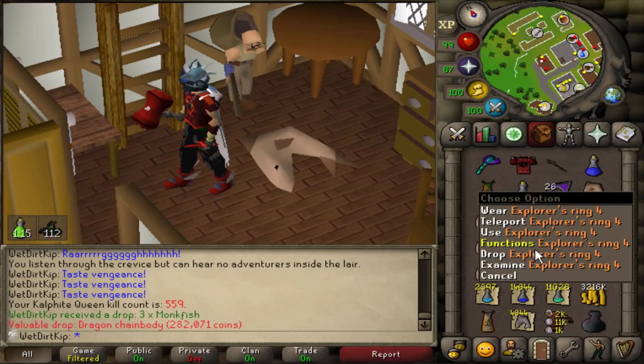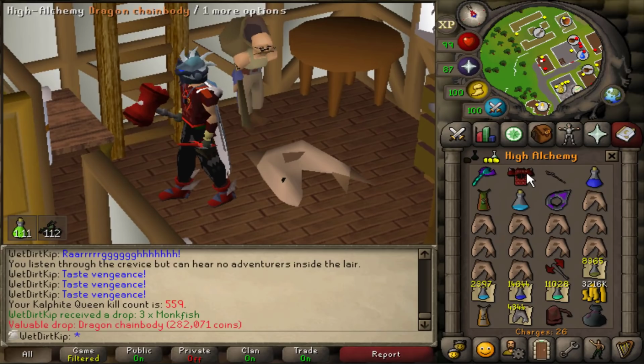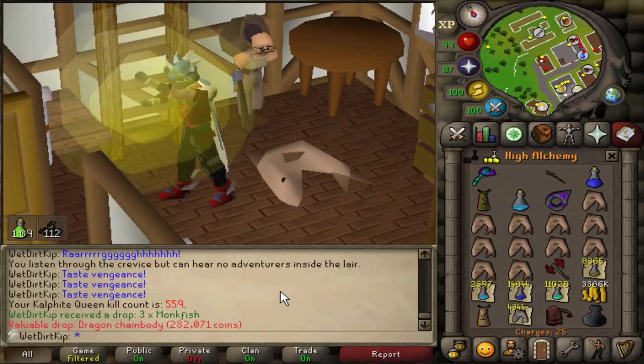The year is 2004. Your older brother sneaks on your RuneScape account and he alchs your dragon chain body. Just kidding, you were never rich enough in the first place. Wait,